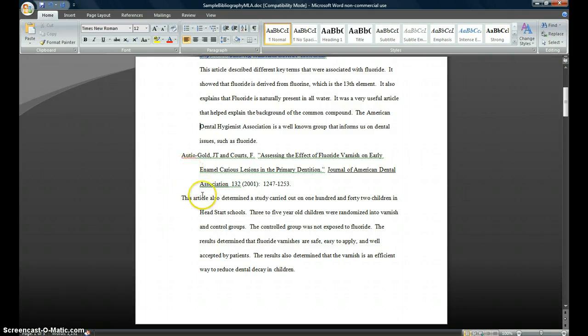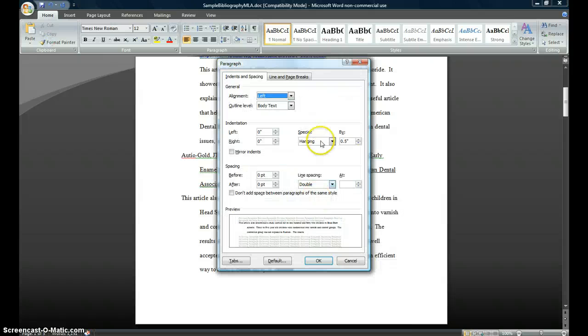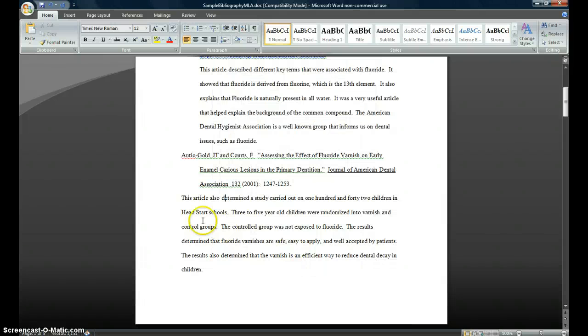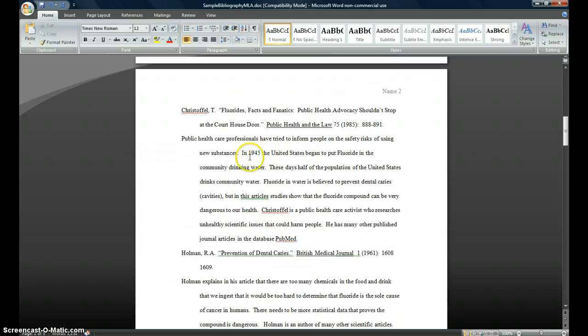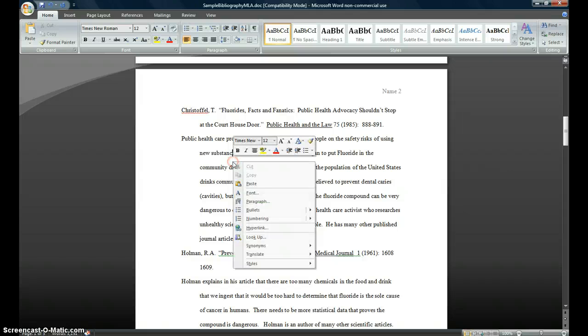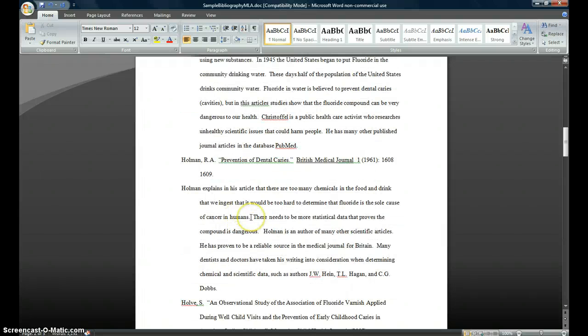Now in some cases, like this one, everything is going to be hanging paragraph, so we're going to highlight, well actually we can just put the cursor anywhere on the paragraph, and we can take it off of hanging paragraph. So once again, paragraph, special, none, and then indent. Of course you can also do that in one step, so in paragraph take it off hanging, and then increase the indent by 0.5 or 1 tab,